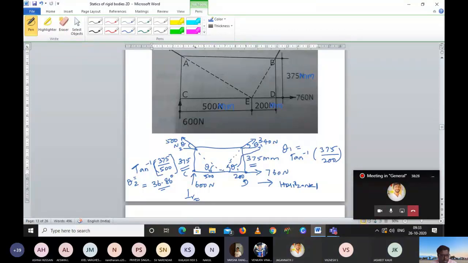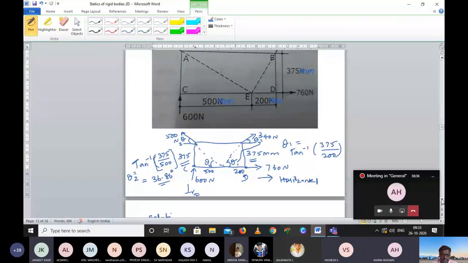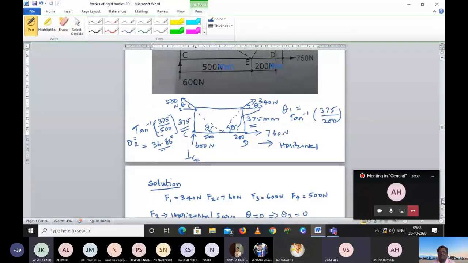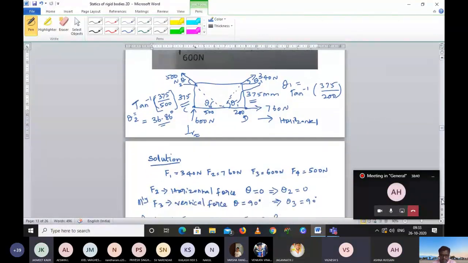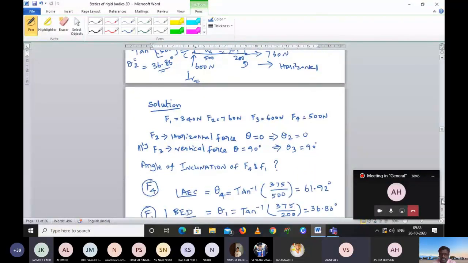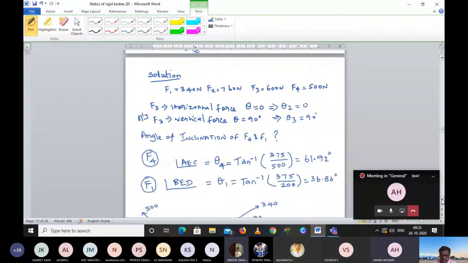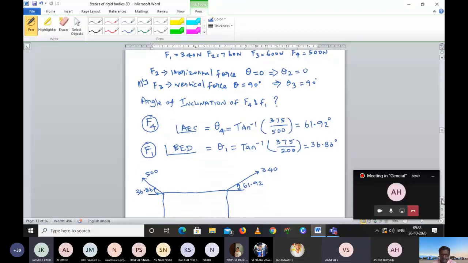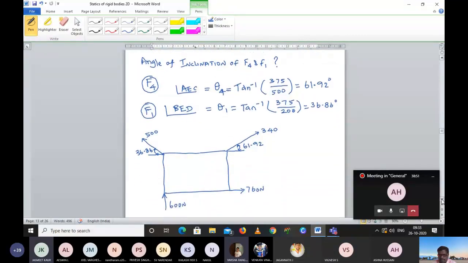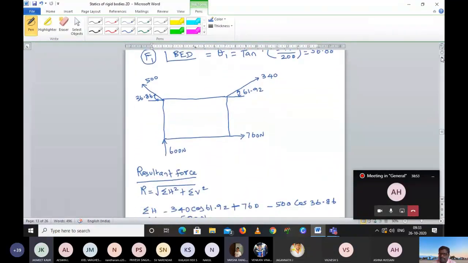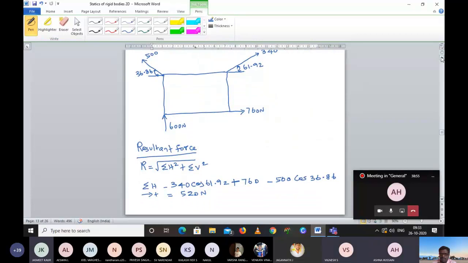Now, for the inclined forces, what do you have to do to calculate the resultant? We have to take the horizontal and vertical components, the sum of horizontal. Resolution of forces. Very good. Is it clear, Vignesh? Yes, sir. So based on that, as our friend said, we have calculated the angle, and this is the free body diagram. Please take it down; I will leave 30 seconds. Then I will solve the problem.